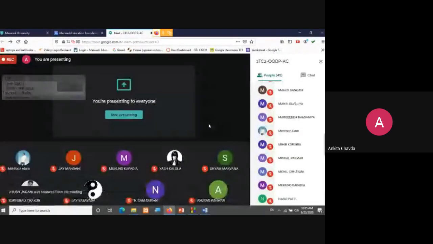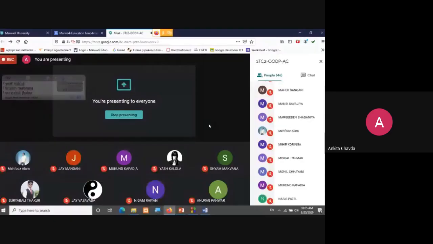Units 1, 2 and 3. So till functions you will be having your syllabus, right? I hope it's audible to you guys and you get to know the things. You will be having the examination on 24th, the very first paper. The syllabus is unit 1, 2 and 3 of your syllabus. So you just check the content of the syllabus.